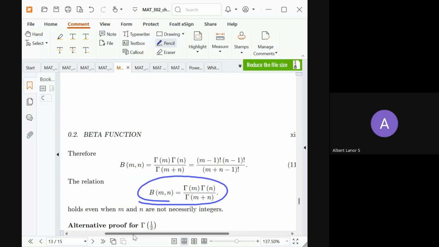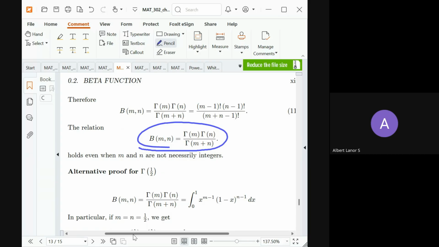Now this holds even when m and n are not necessarily integers. Okay, now we can use this to prove the gamma of half. So what you do is that you set your m to be half, you set your n to be half,